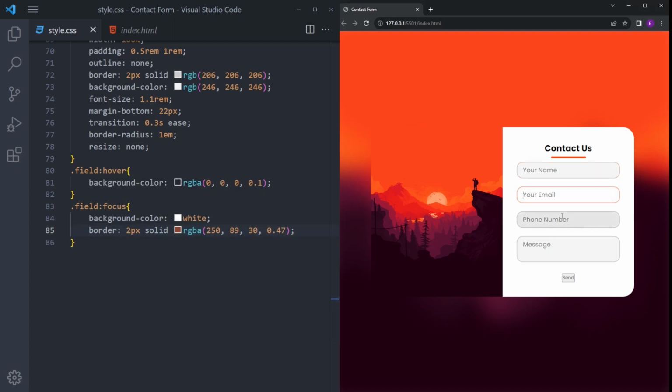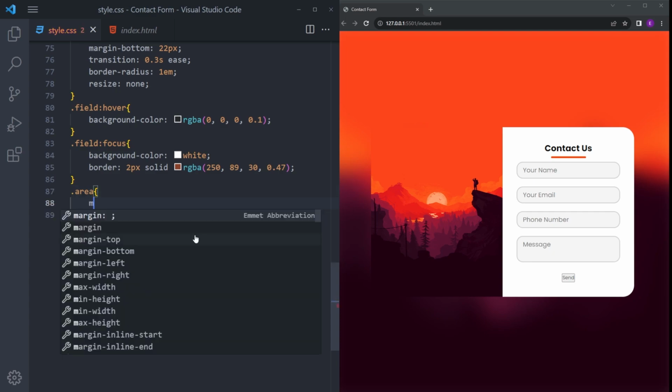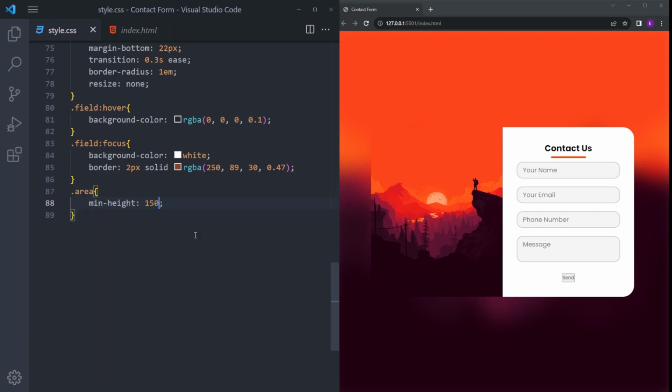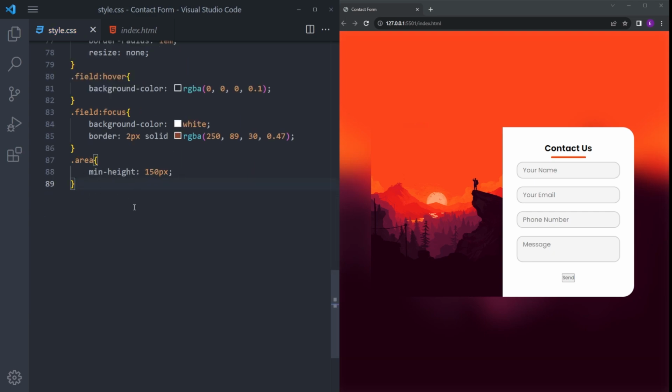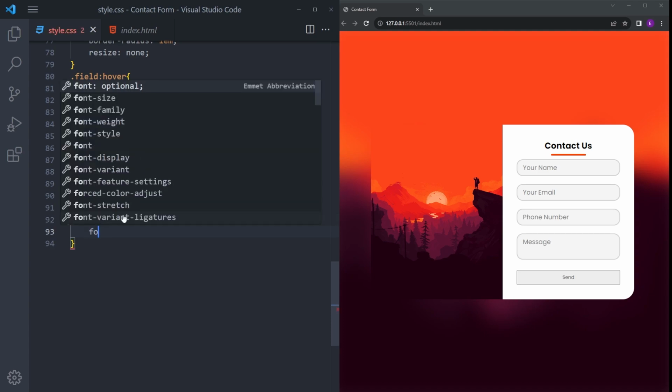Let's see. Yeah, it looks fine. And that text area is going to have a minimum height of 150 pixels because of the responsiveness, and the button is going to be 100% width, a little padding on the top and the bottom and the sides,